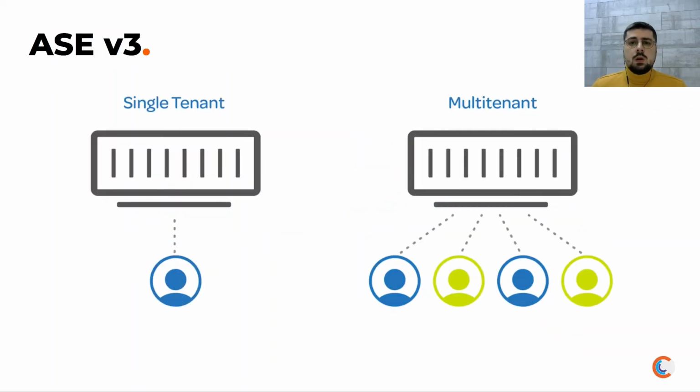ASE is a single tenant instance of Azure App Service that runs in the customer's Azure Virtual Network. It solves many isolation scenarios for customers in a way you cannot cover with multi-tenant services. Especially, it's related to horizontal scaling